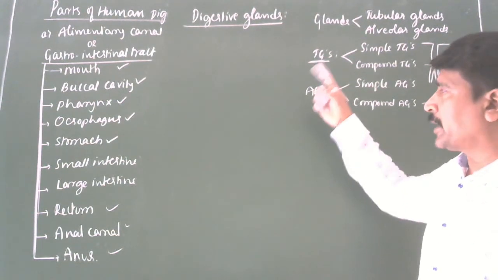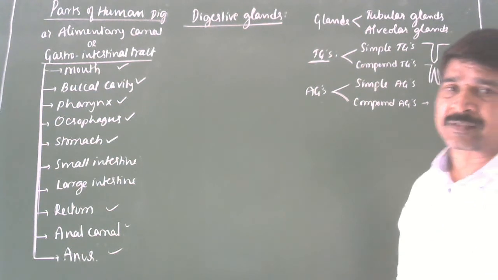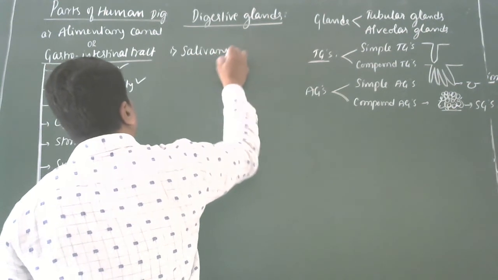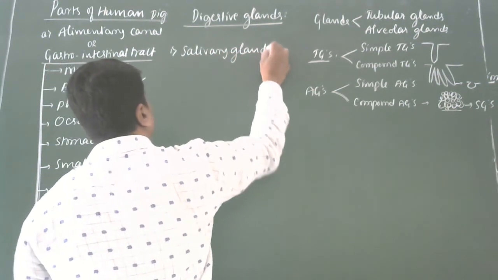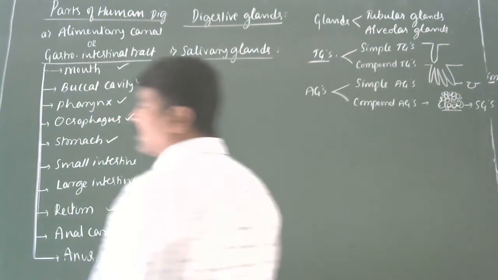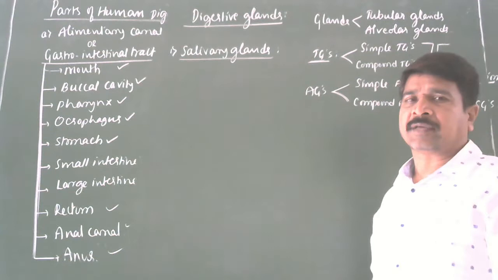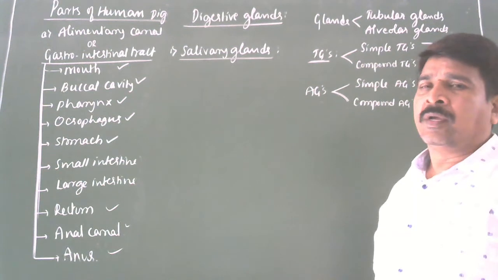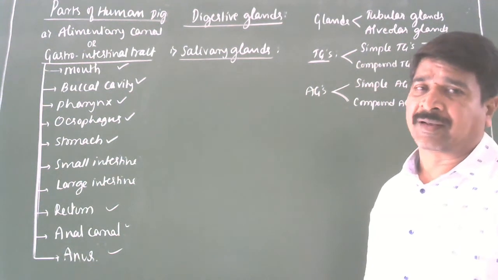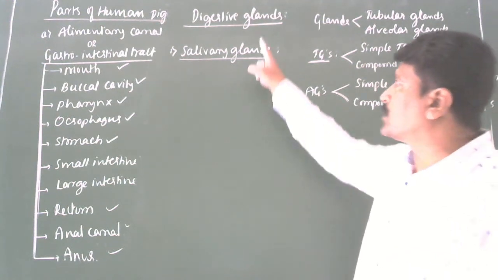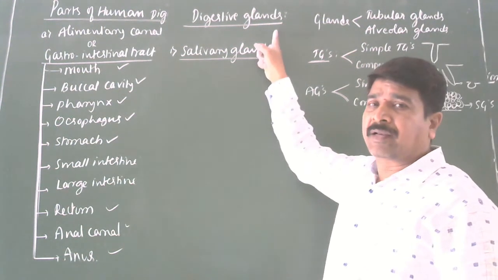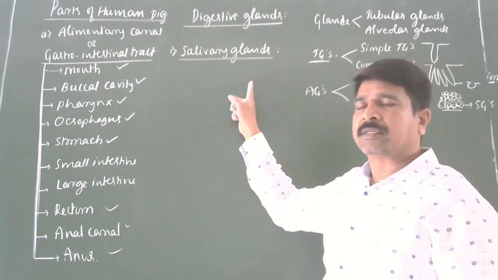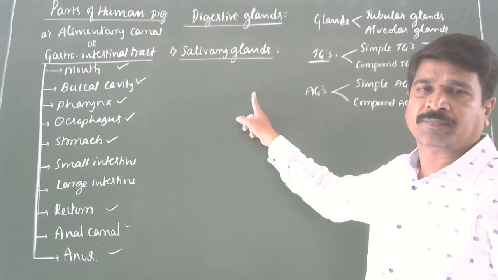Clear? Okay, in the morning we listed the digestive glands: salivary glands, gastric glands, intestinal glands, liver and pancreas. So 5 digestive glands we have listed in the morning actually. Got it? What I am telling. Among the 5, intestinal glands are the numerous and microscopic glands. Clear? The digestive glands of man are the salivary glands, gastric glands, intestinal glands, liver and pancreas. Among these, intestinal glands are the numerous microscopic glands. I think you are getting it.